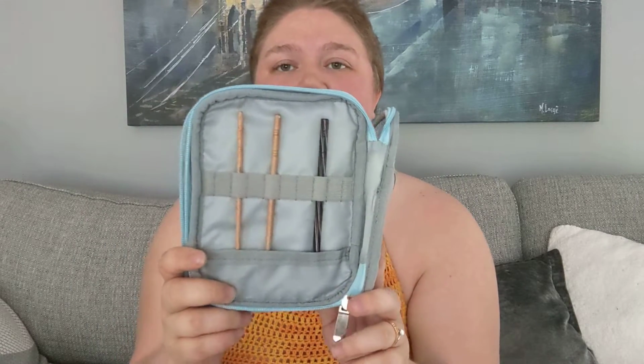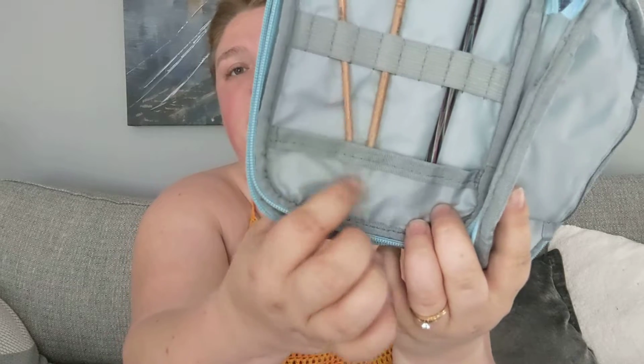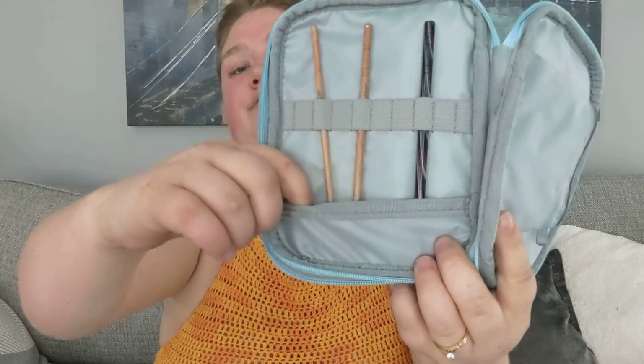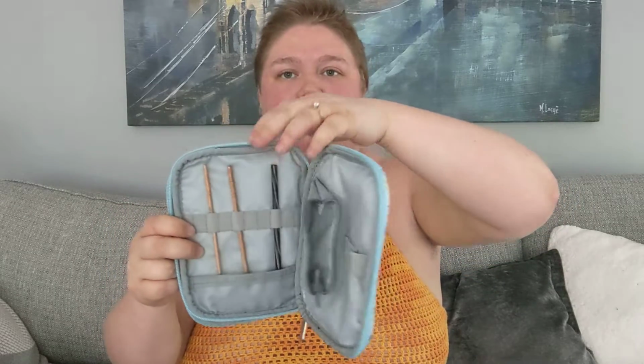And then on the other side, I just have a couple of wooden hooks in here. I don't have very many wooden hooks that aren't Tunisian, so it's very similar. The bottom here is, instead of the mesh, the same kind of fabric that the rest of this is made out of. And these are, from what I can tell, slightly smaller elastic widths. And then there's this weird little pouch that comes out a little bit further. It just wasn't ironed or anything like that. So it's a little bit odd, but I don't have anything in there right now